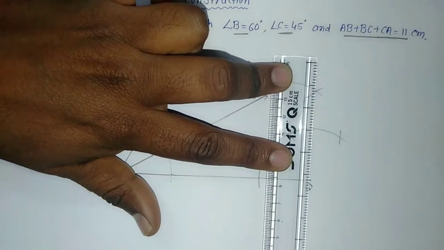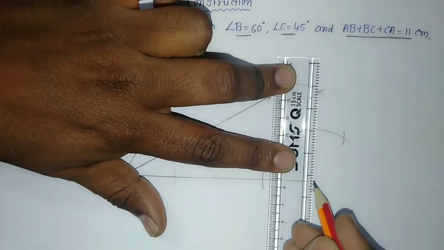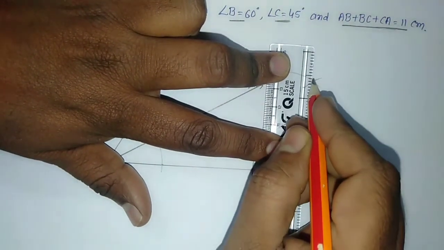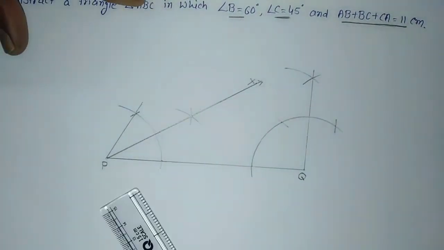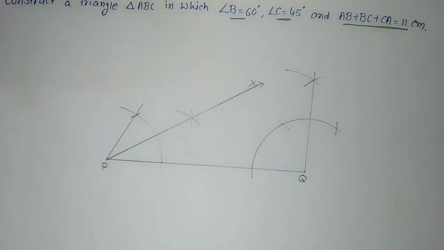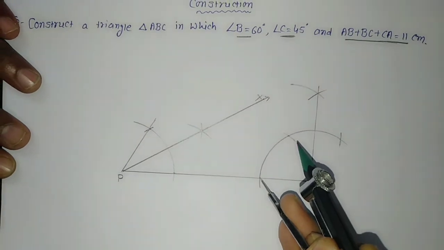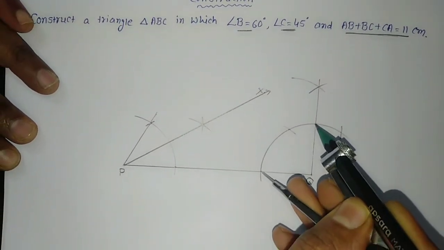Actually, we don't want 90, we want 45 and its bisector, but still I will draw 90 with the dotted line. This is what the 90 is. We want to take 45, so we need to take the bisector of this 90. You have to take the bisector, we know, pointing from this point to this point.